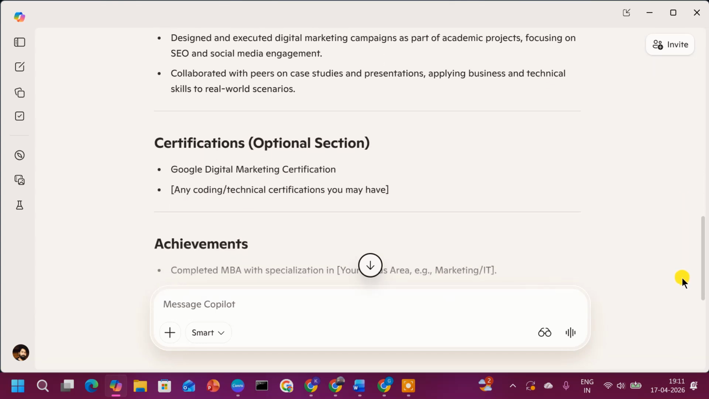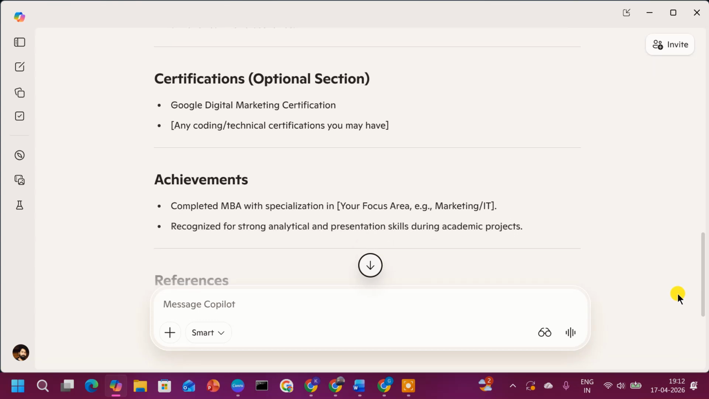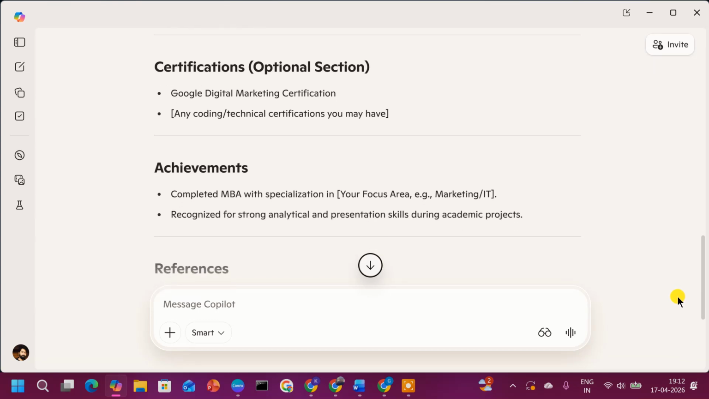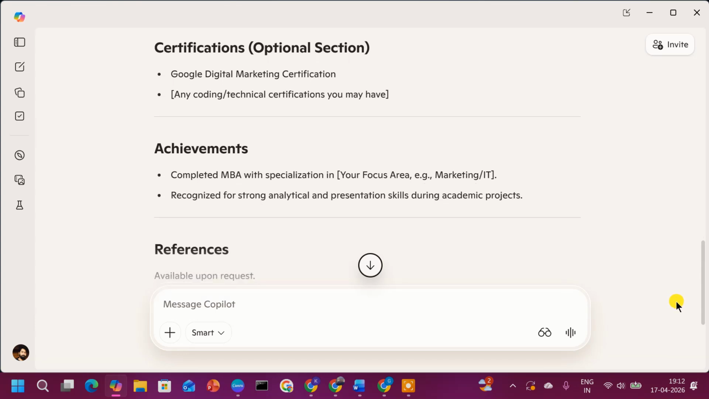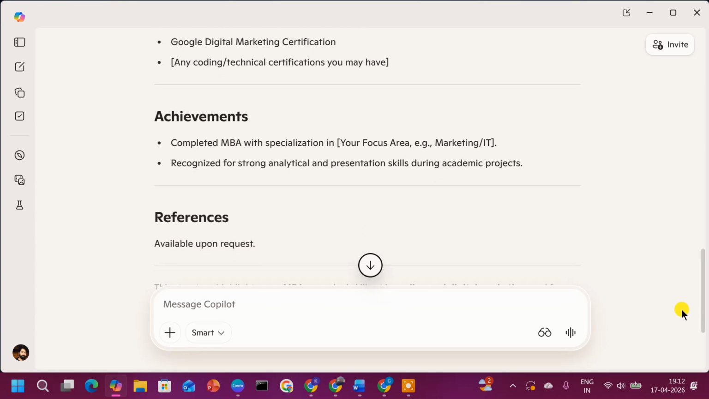certifications, if you have any certifications, achievements, what you achieve in college time or your degree time, references,